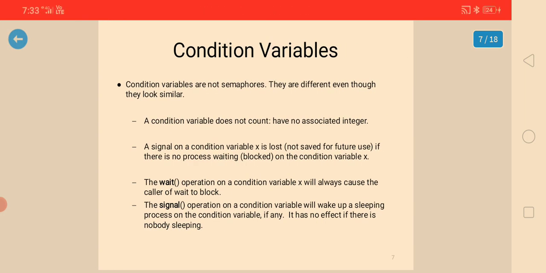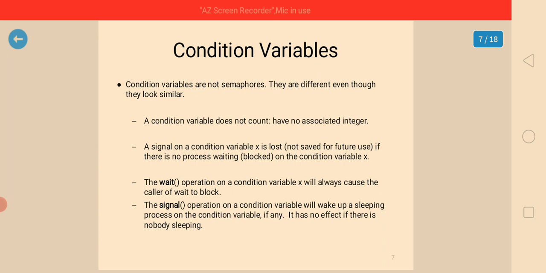So condition variable means what? These variable values are not held for a longer time. Condition variables do not count, meaning they do not have an associated integer.